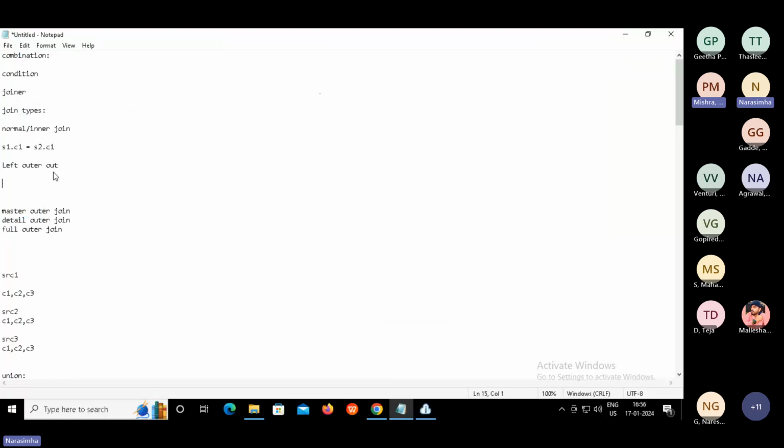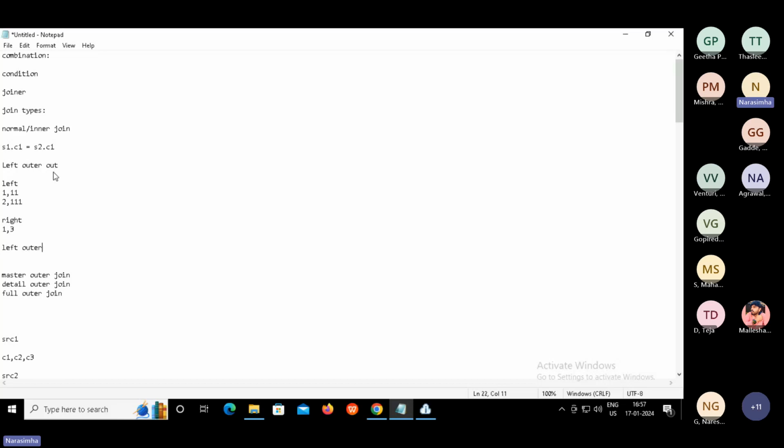So let us say we got a left source, then we got a right source. Left has got, let's say, 1 comma 2. Then right has got only 1, followed by 3. Now in this simple example, if you use left outer join, which is equal to what?